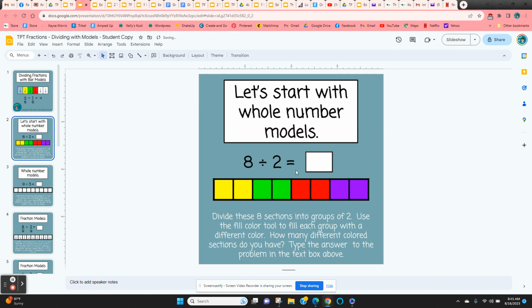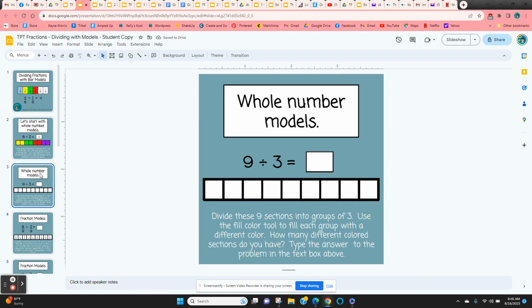Okay, now they can see that if they take 8 and divide it into equal groups of 2, they get 4 groups. And so that's their answer, 4. 4 different groups of 2. Next slide,